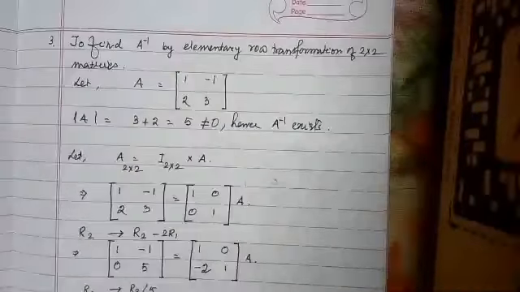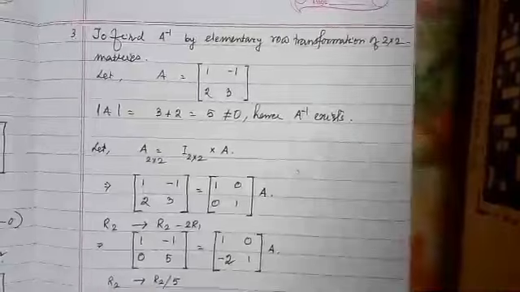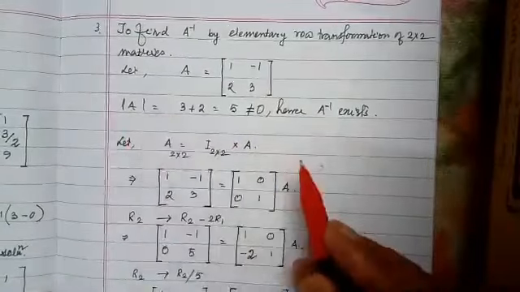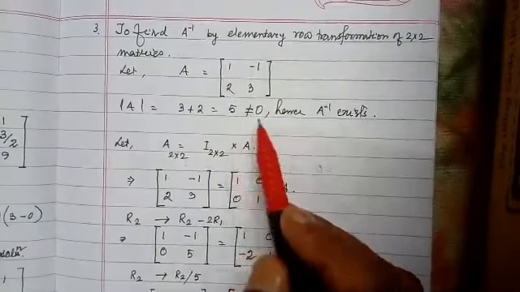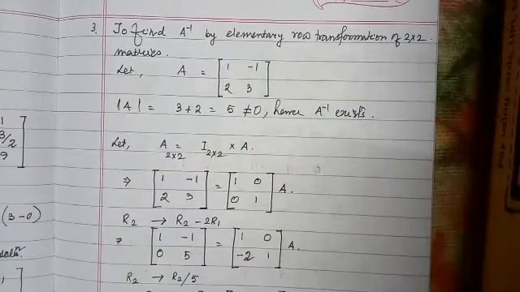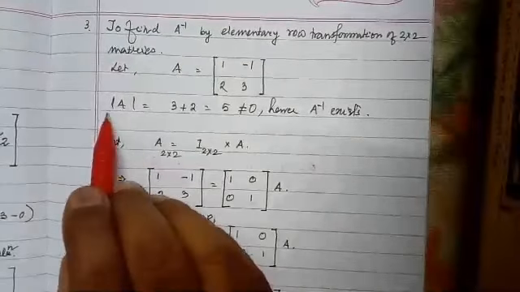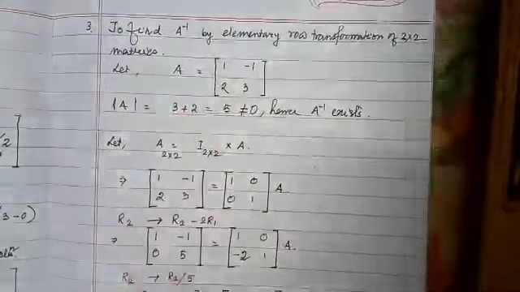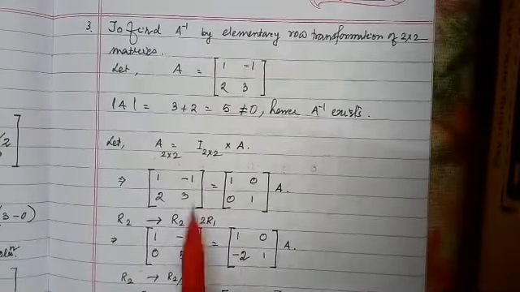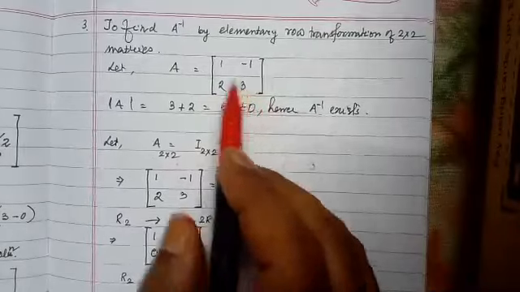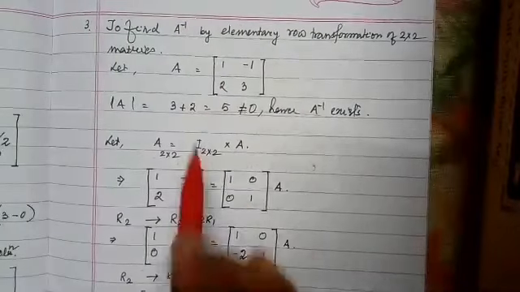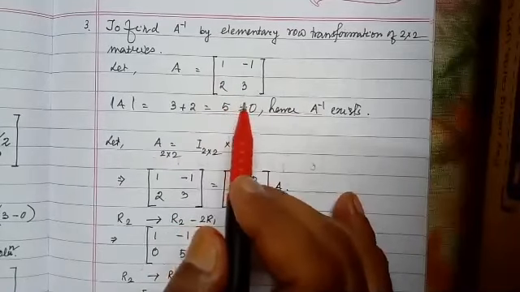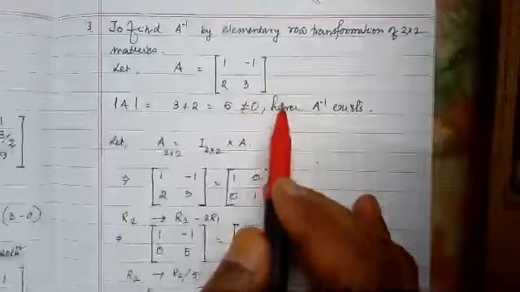First we are testing whether the inverse exists or not. For that purpose we have seen that determinant A is equal to 5, not equal to 0. Hence A inverse exists. This is not necessarily to be done. If in any case while finding the inverse, we see that all the elements along any row or column come 0, that is if this is 0 0 or this is 0 0, then it is understood that the inverse of the matrix does not exist.